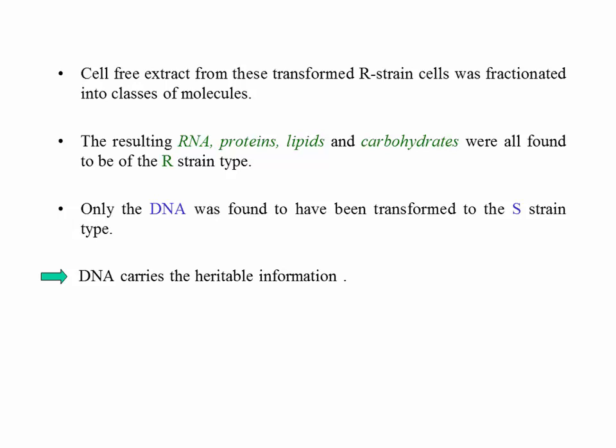You'd have to probably look at the history, and this experiment has a name, so you could look up 1944 on the internet and you'll find it. I don't know the details of how they exactly figured that out. They probably used radioisotopes or something like that. But you have to remember one more thing: at that time, they didn't know the three-dimensional structure of DNA, how it's arranged, but they probably knew the composition. So they could have produced some radioactive isotope, incorporating some radioactive phosphorus into the DNA that they were producing for the S strain. That's my guess, but I don't know for sure.